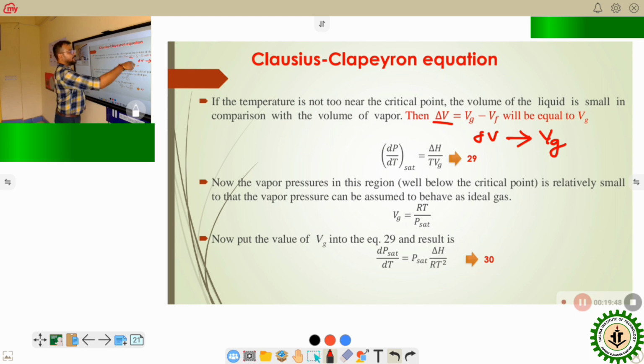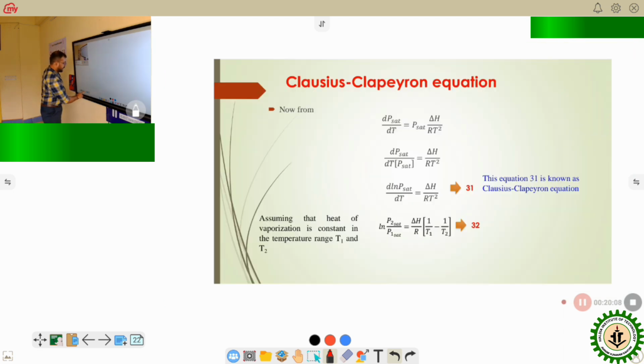If we apply this condition, and consider that the gas will behave like an ideal gas, then that Clapeyron equation can be rearranged into the Clausius-Clapeyron equation, and the final form of the Clausius-Clapeyron equation is this one,